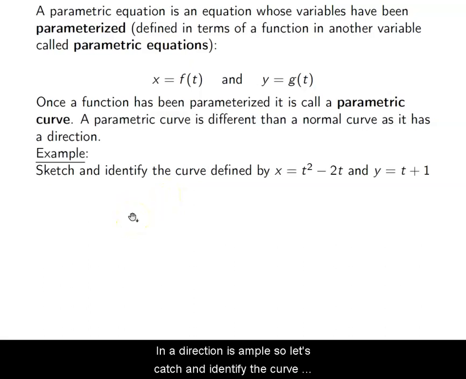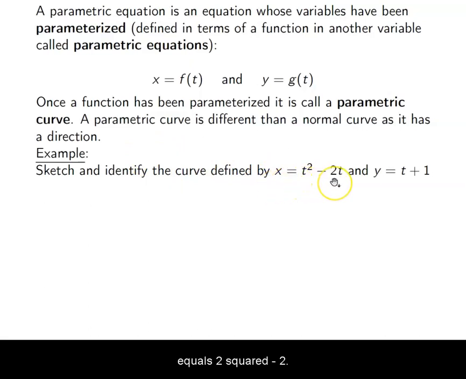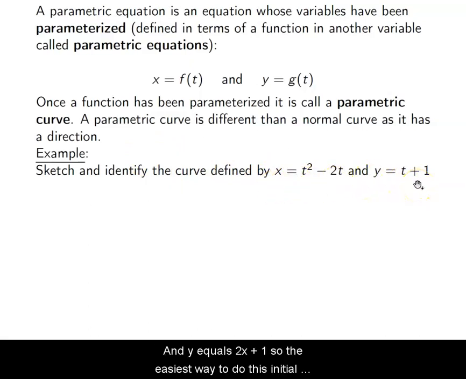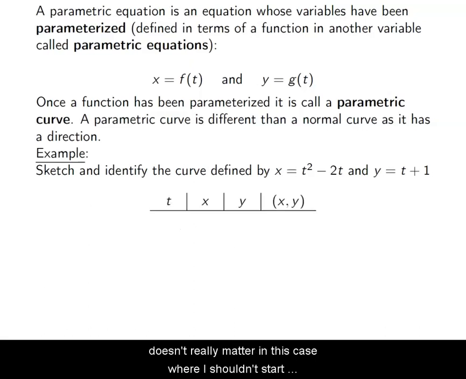Let's sketch and identify the curve that's defined by the parametric equations x equals t squared minus 2t and y equals t plus 1. The initial way that we're going to do this is by looking at various values of t and finding the x values and the y values for those values of t. Pretty standard. So we're going to make a table of values. We can start at 0, or we can start at negative values. It doesn't really matter. In this case, we're going to start with a couple of negative values and work our way forward. So when t is negative 2, I'm going to get 4 plus 4,